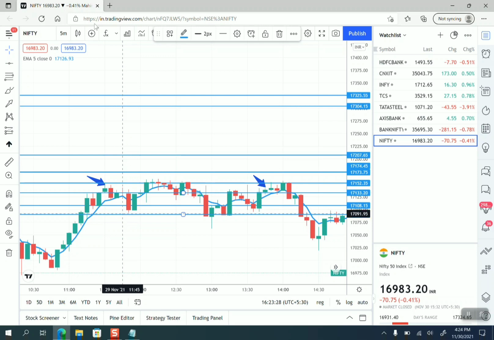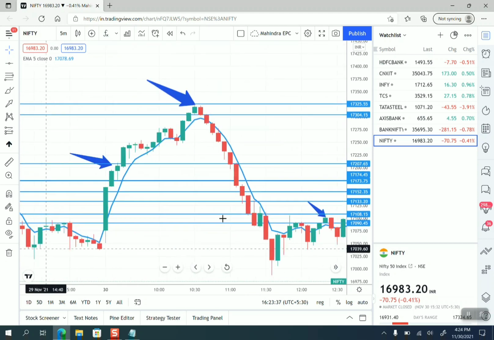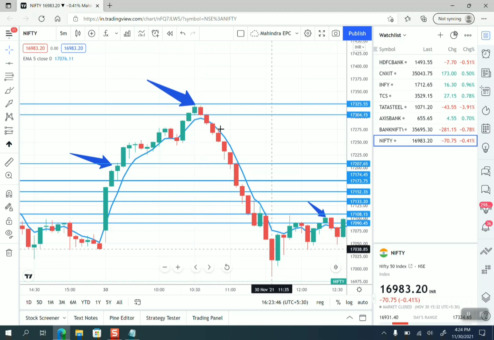I keep one chart open at my end and observe, and as soon as it shows this pattern to me, I take a trade. Sometimes we can get this kind of trade at that time. You can also look at the global market and how other important stocks are behaving, and accordingly you can take a trade. So that's how it is about the 5 EMA.